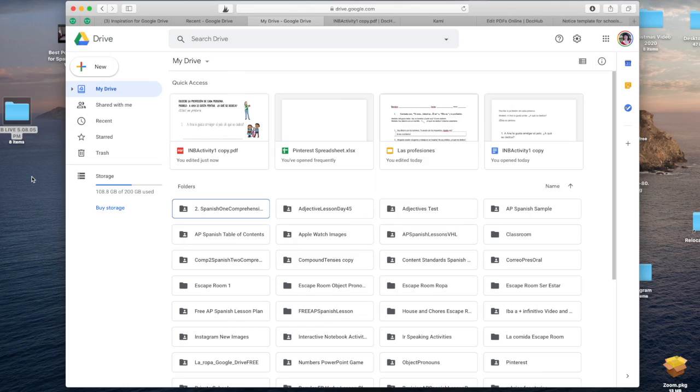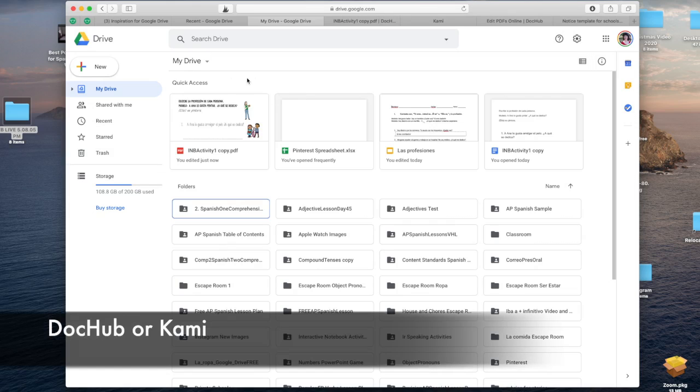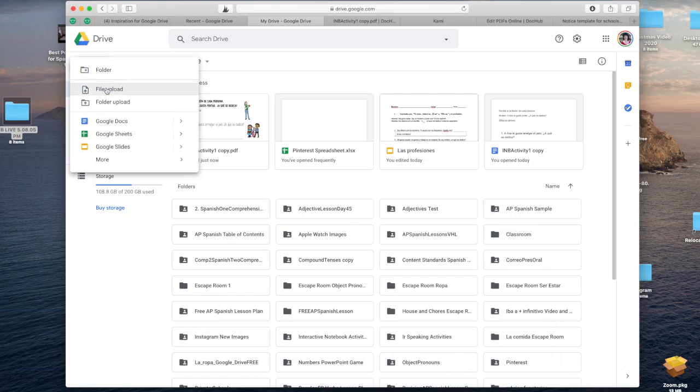I did a Facebook Live about how to convert your documents to make them Google compatible. I found a really, really fast way to do it, faster than the way I just showed you. So we're in Google. I'm going to show you using DocHub, and you can also use Kami, but I'm just going to show you DocHub. You have to connect it to your Google, but it's really easy. So let's say I'm going to say new, file upload,